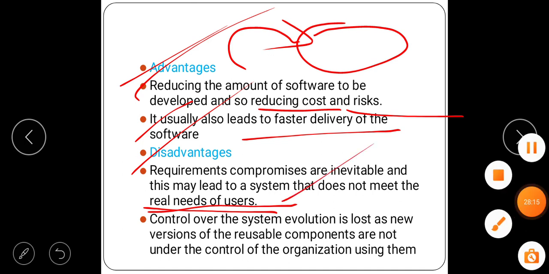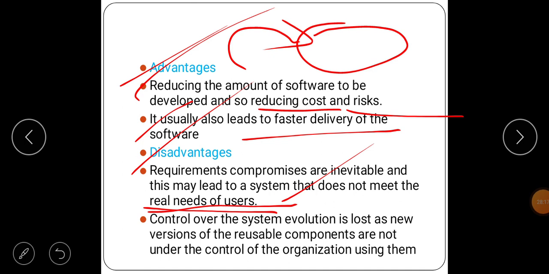Next, control over the system evolution is lost, as new versions of the reusable components are not under the control of the organization using them. Means here we cannot update further when we are using reusable components.